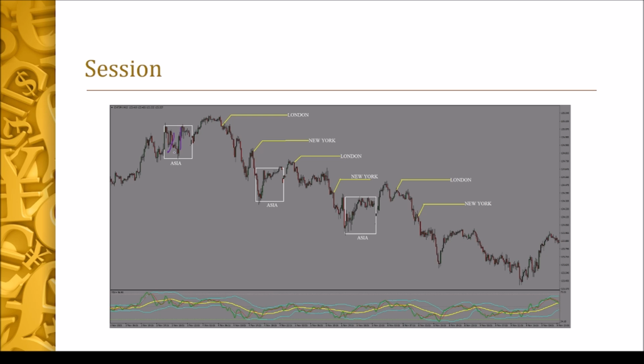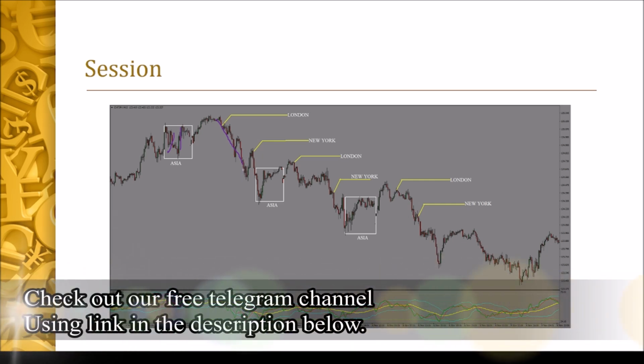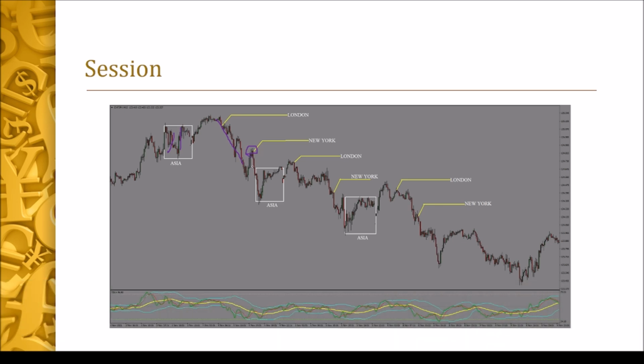It's actually meant to accumulate contracts, and then in the London session, that is where we have a lateral or a one-sided move, a long sustained run, and after that long sustained run, we can see that in the New York session, in this case, there was a trend continuation pattern, which will actually lead us to the next Asian session. And within the New York session, we had the same experience as this one, as well as the New York session. Then in this part as well.